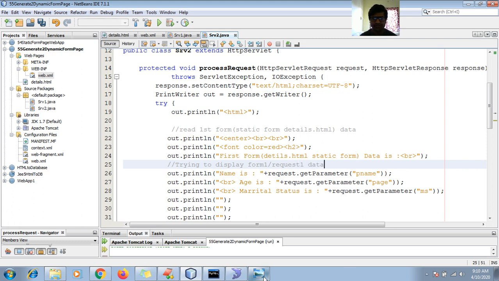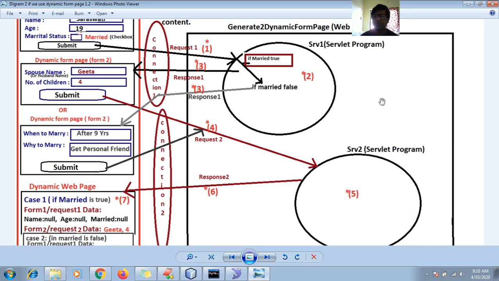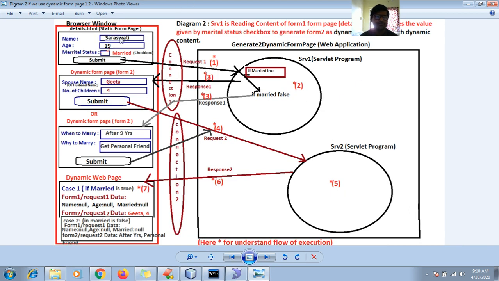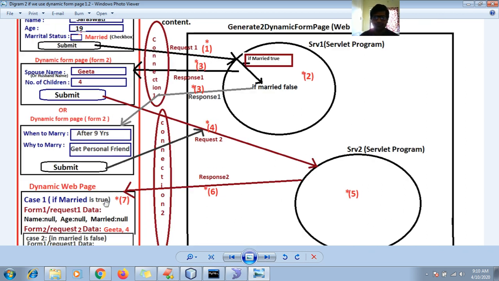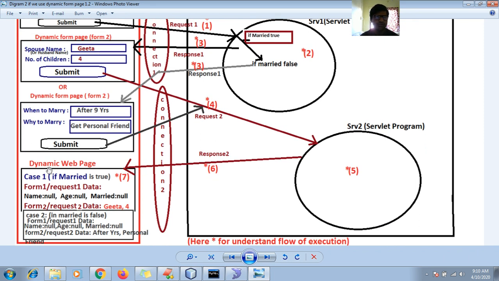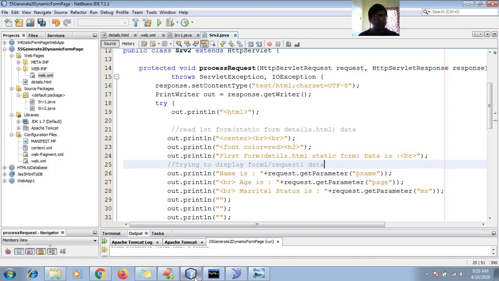data. So you can see in this diagram, this is form 1, or static form 1 or request 1 data. Okay, form 1 or request form 1 data, you can see here. So I'm trying to display, and this will come as a response, a dynamic web page as a response. Okay, fine, this I'm trying to display. Now after this